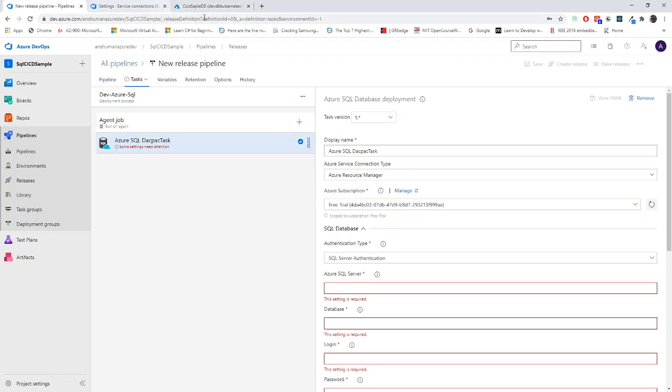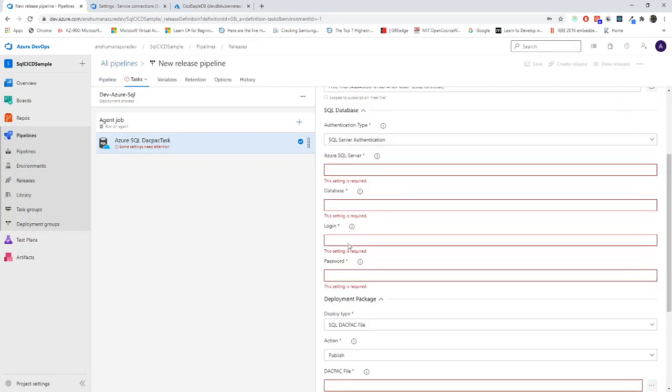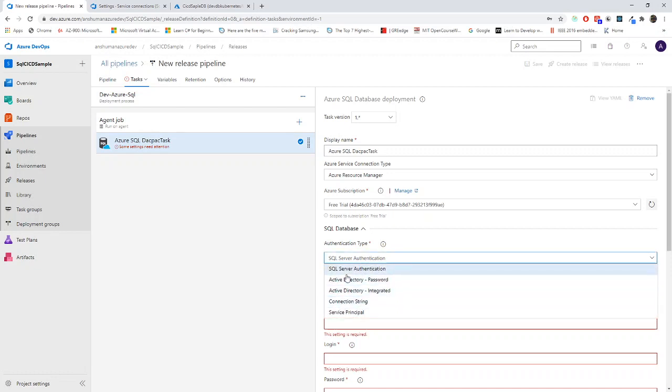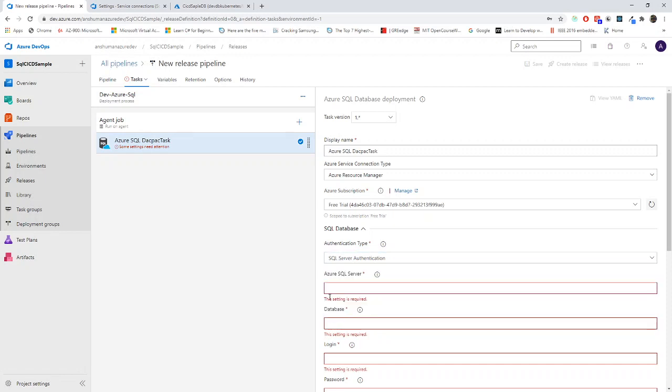It's not exactly the database; we can collect details for Azure related resources. Now the service connection got created. Authentication type: SQL Server authentication. That's fine. You can choose here whether to go for Active Directory, a connection string, or a service principal.